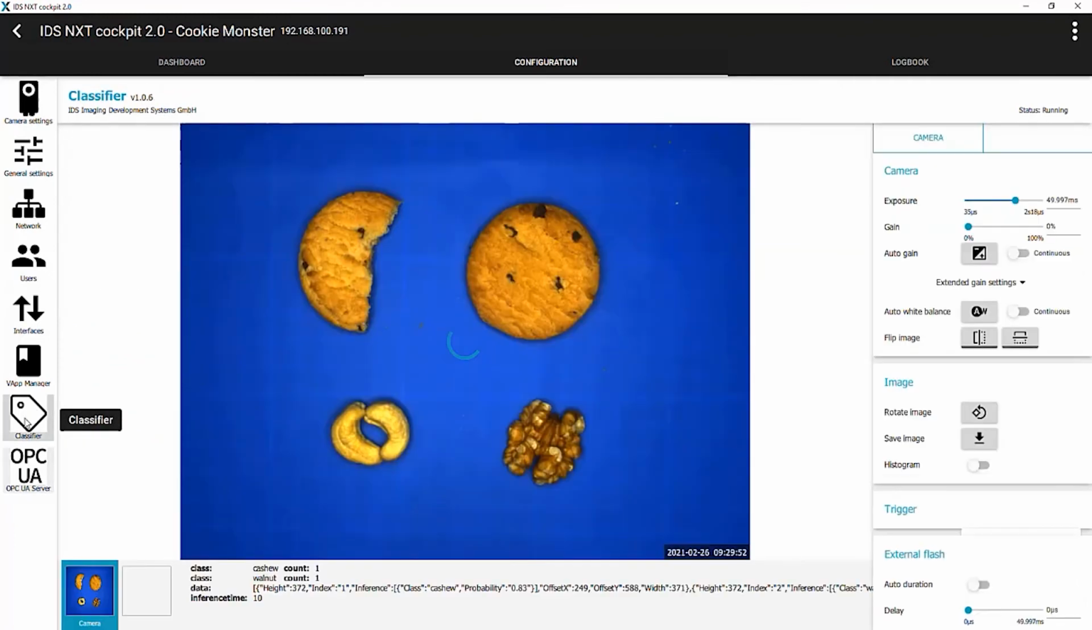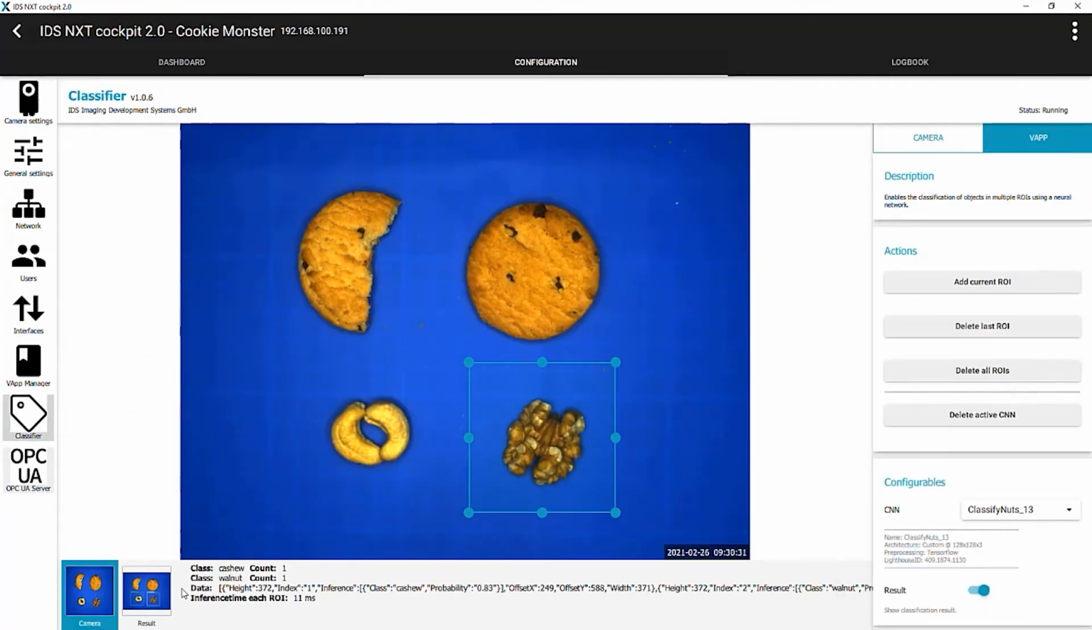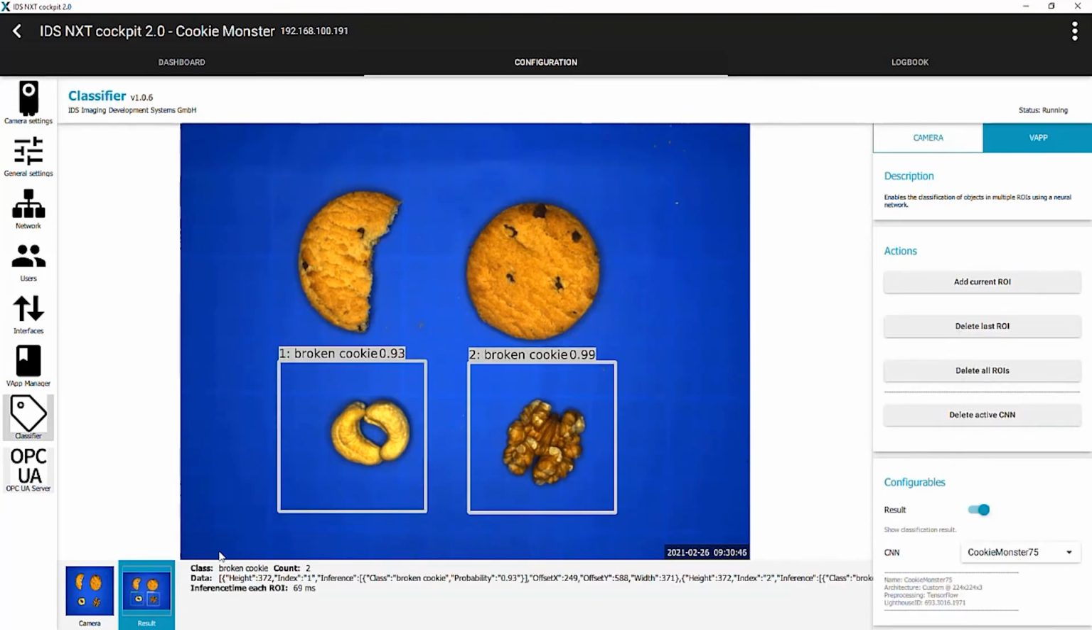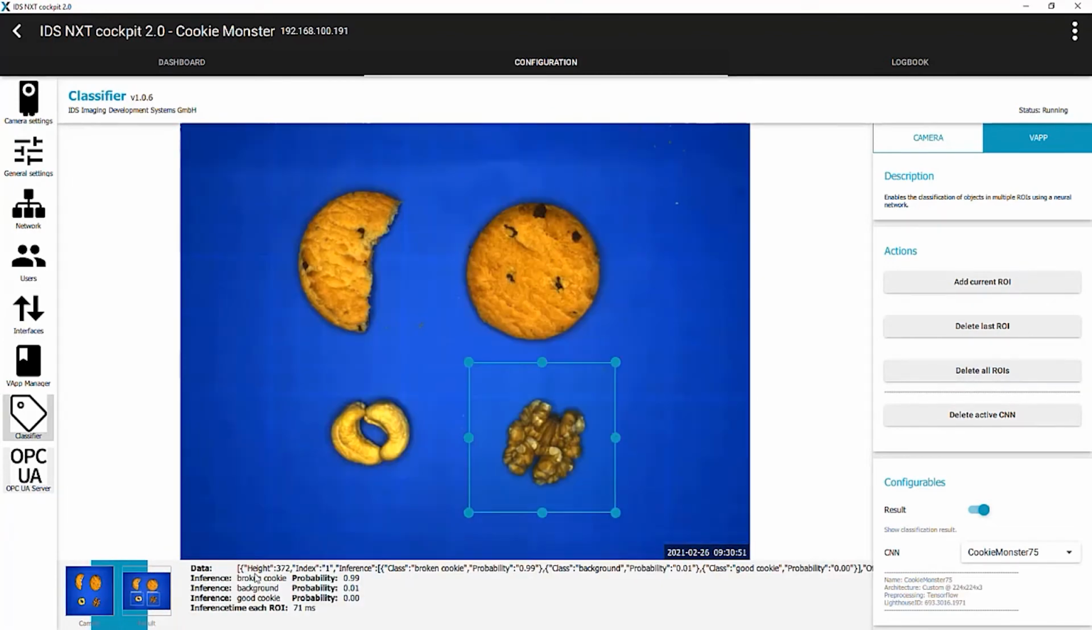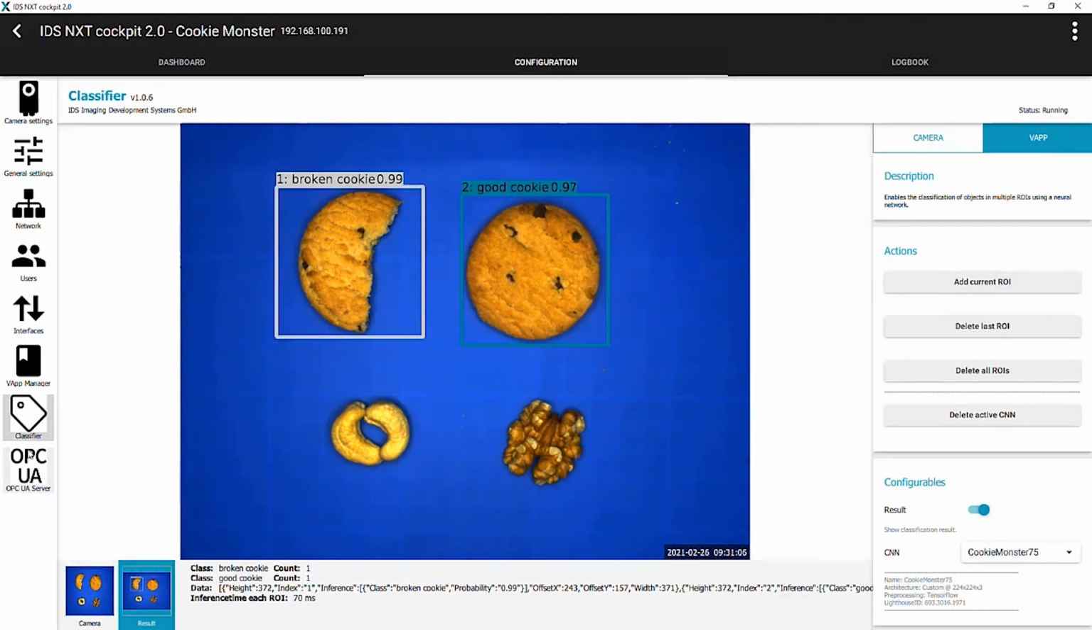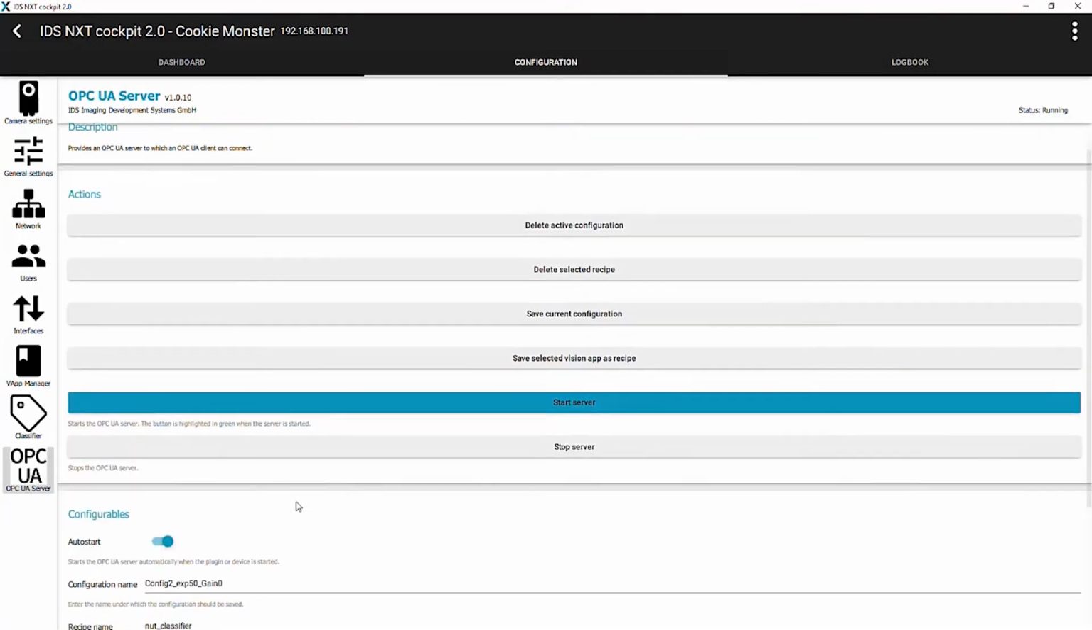In this case we are using the classifier vision app, and we've got something set up already to classify different types of nuts. We now want to set it to classify the cookies. So we load the neural network that we want to use, and we also need to reset the search regions. So we set this for the 2 positions of the cookies in the image. We can then test and make sure that we're getting the results that we expect, and then switch back to